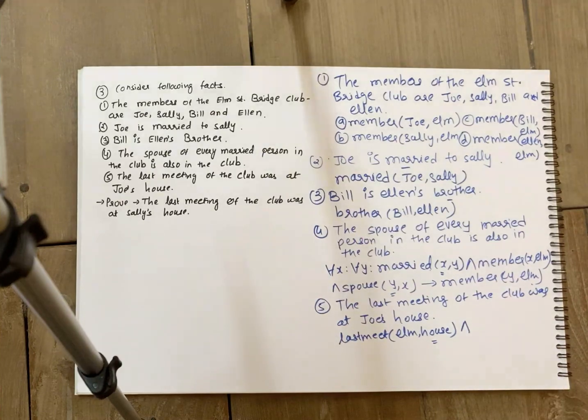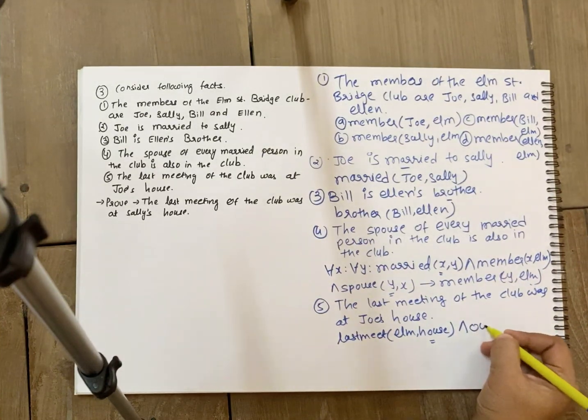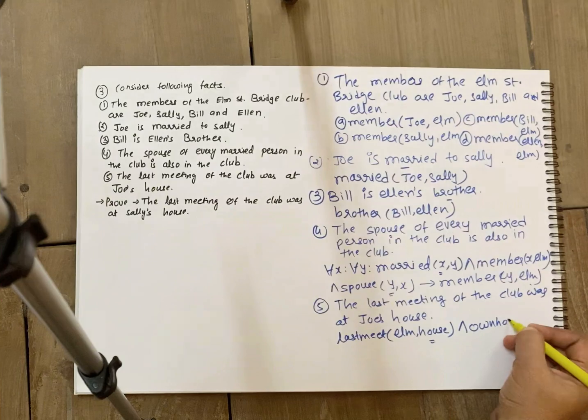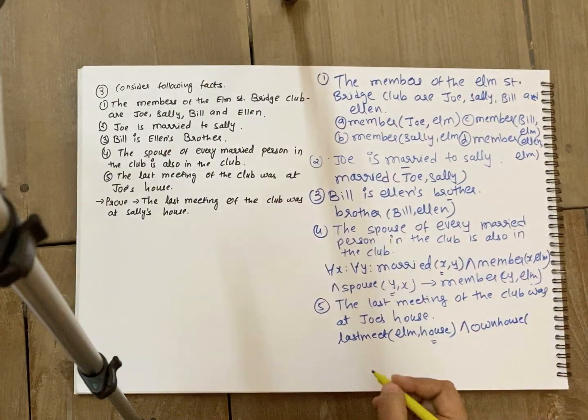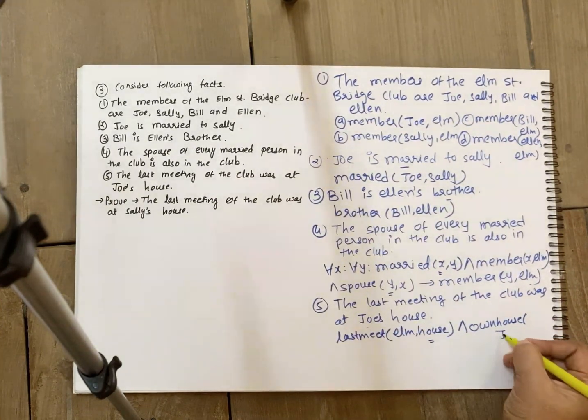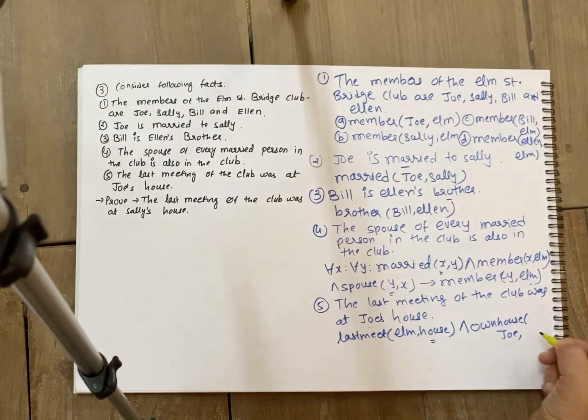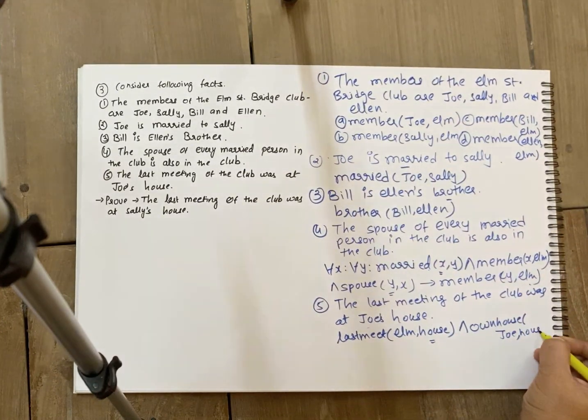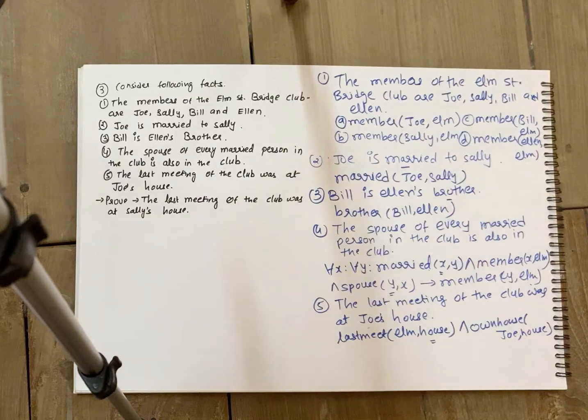Okay, and that house is owned by Joe, so we have to create who is the owner of the house. Own house: who is owning the house? Joe is owning this particular house. Are you getting this? Own house will have two arguments: the name of the person who is owning the house and which specific house it is owning. Let us assume the house name is the name of that specific house. Okay. Now let us move ahead.